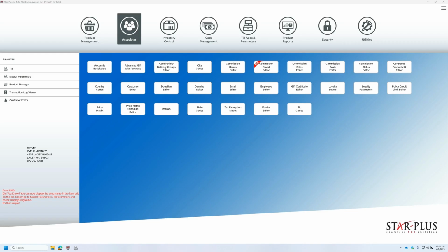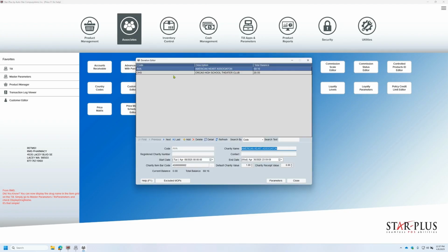Thank you for joining me today for this quick demonstration on how you can collect donations from your customers right at the till. So when you log into Star Plus, go to the Associates tab and then down to the Donations editor. I have a couple of donations already set up,